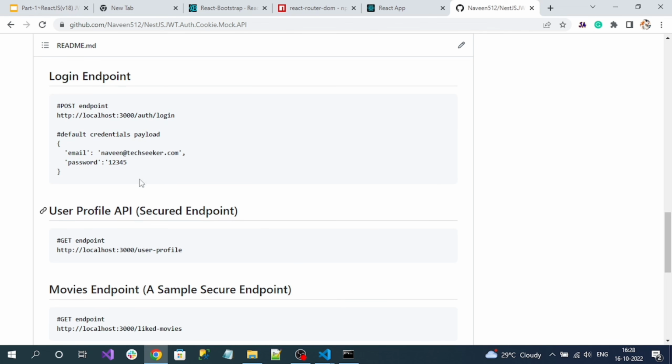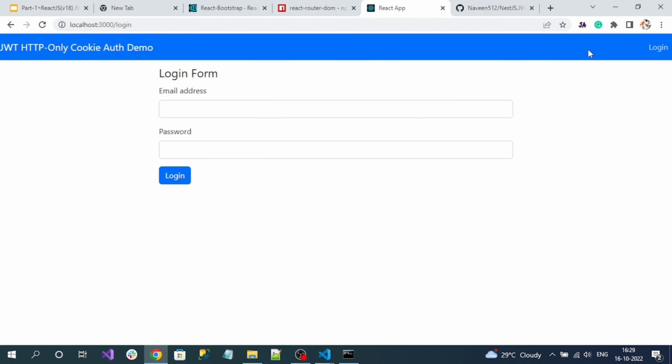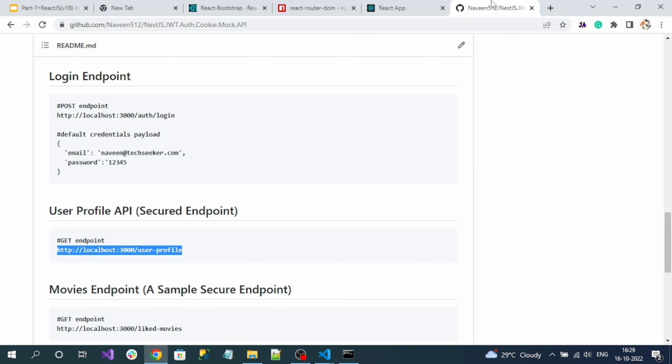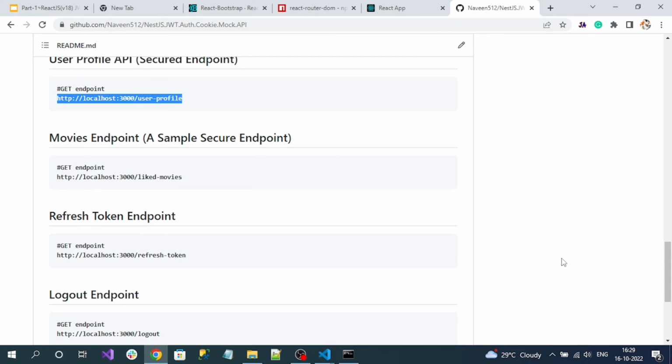And another thing is, since it is cookie based authentication, right? We cannot decrypt the JWT token by reading from the cookie because it is an HTTP only cookie. We cannot read the cookie. So somehow we need to get the user information. For that, I have created one secured endpoint, that is profile. Only authenticated users can consume this. So this is a get endpoint for getting the user information, so that this user information can be used on something like the menu here, like the user email address, if you want to display that, you can use the profile information. And I also created one more additional endpoint,